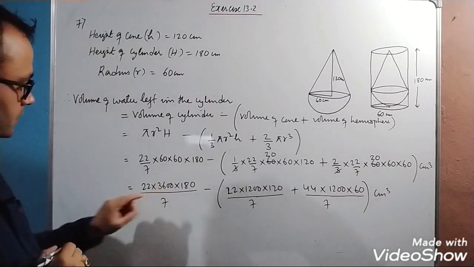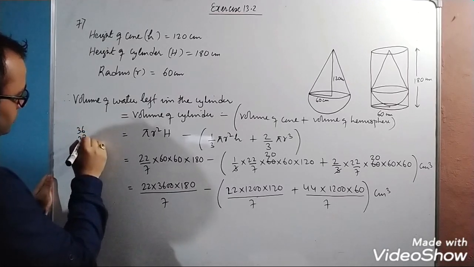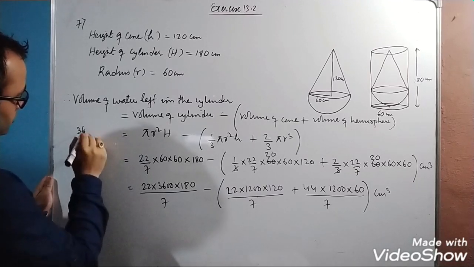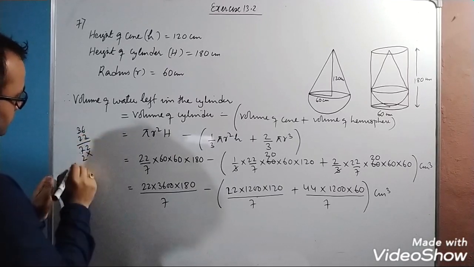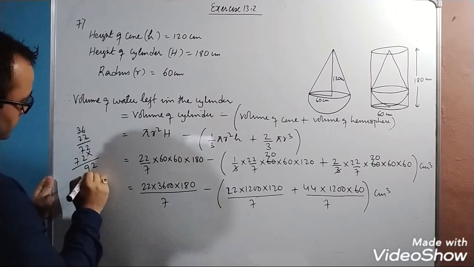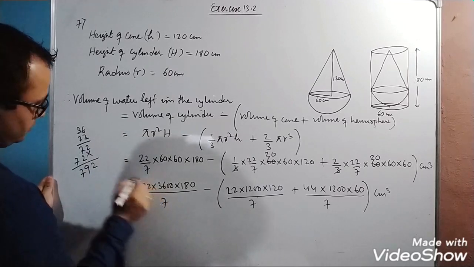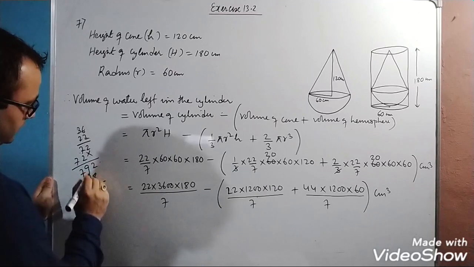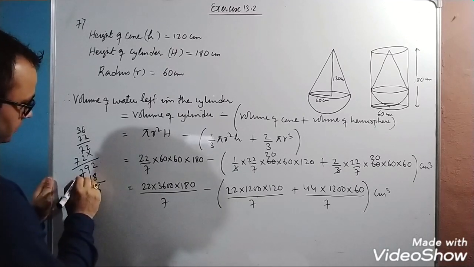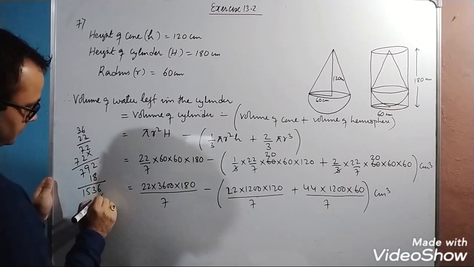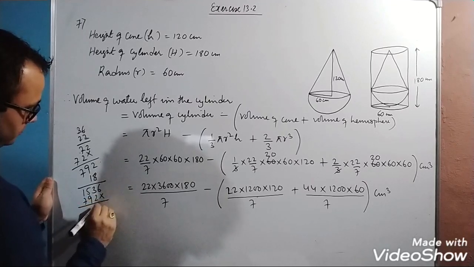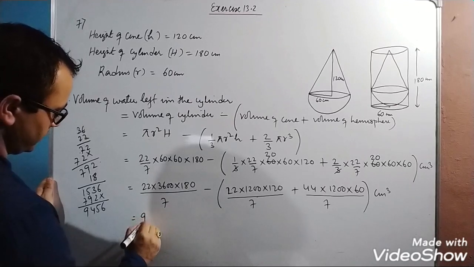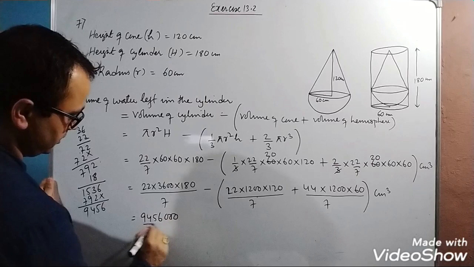Now multiply 22 into 3600, which is 79200. Again multiply with 180, which gives 14256000 divided by 7, minus,